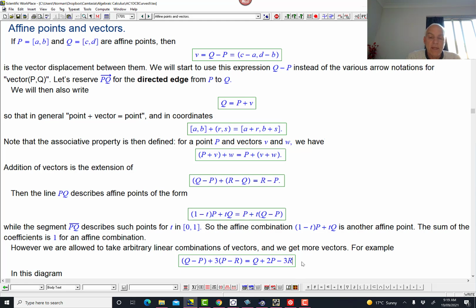This is a vector, which is the sum of the first vector that we got, plus 3 times the second vector. And it's interpretable in a number of ways. For example, this thing is a vector. And we can check that, because the sum of the coefficients is 0. The sum of the coefficients is 1 plus 2 plus minus 3. That's 0. Okay? Because, why is that?